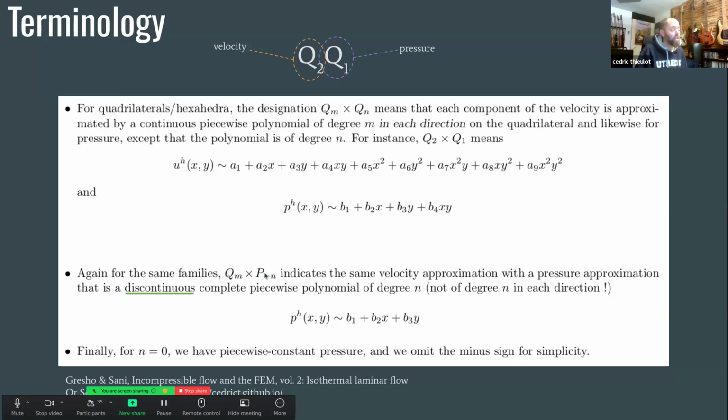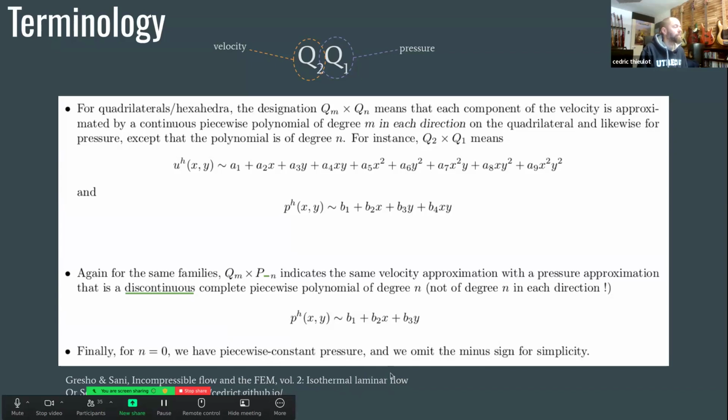Now the P actually here stands for a different type of polynomial. In this case, here I've represented the P1. And you see that there is no cross term, so there is no product of x and y, right? So this is a complete polynomial to degree n. It's not a product of multiple ones. And if n is 0, like in Q1P0, then effectively you have a piecewise constant pressure, right? And we omit the minus sign. The minus sign, I forgot to mention, indicates that the pressure is discontinuous, right? If you're interested in this, well, I guess the presentation will be online somewhere, and I have links here